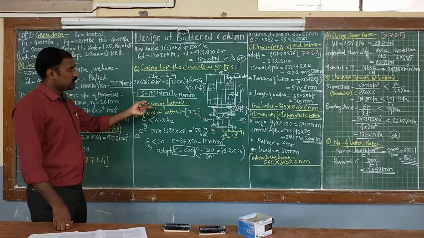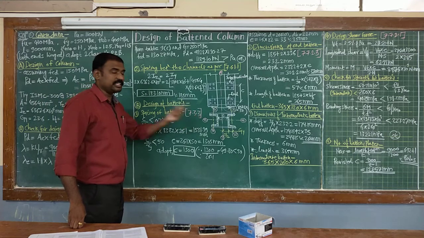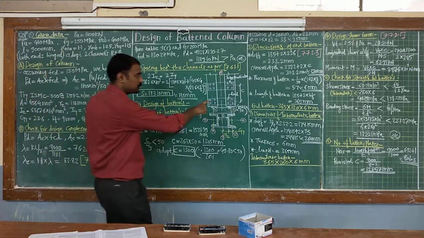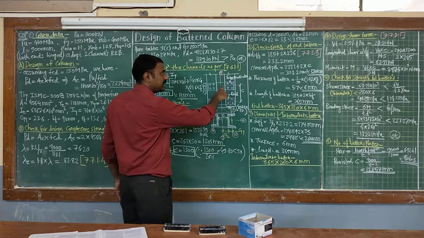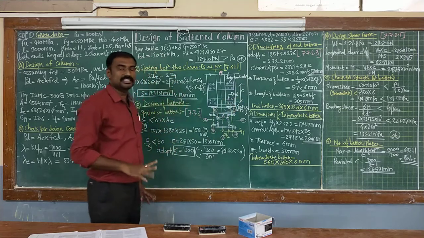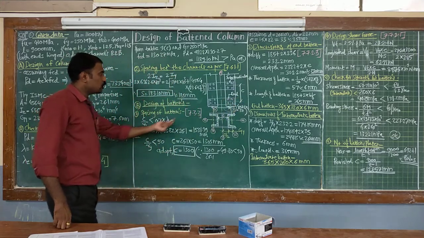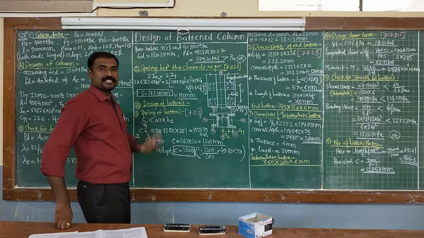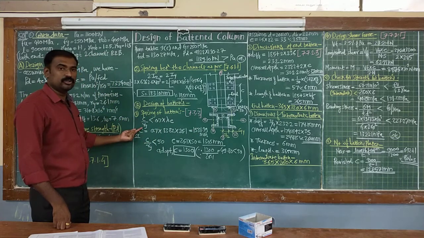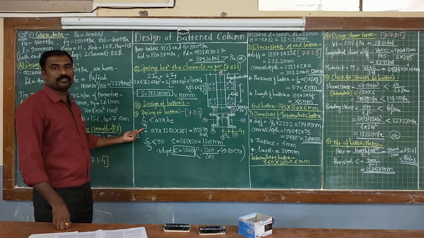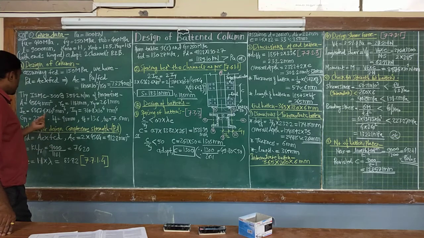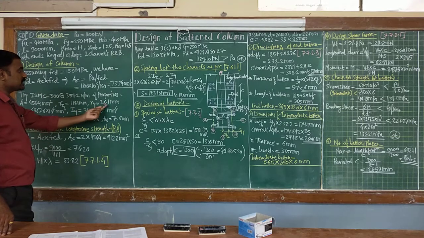Now as per your clause number 7.3.3, initially you need to calculate the spacing between your batten system. Correct? So suppose this is the first batten and this is the second batten. Exactly what is the center to center distance between two battens, that is to be calculated. And according to clause 7.3.3, the slenderness ratio for spacing, that is C by ry value, where ry is the least radius of gyration for the individual section. That is ry of your channel section. Ry of the channel section is given here as 26.1.